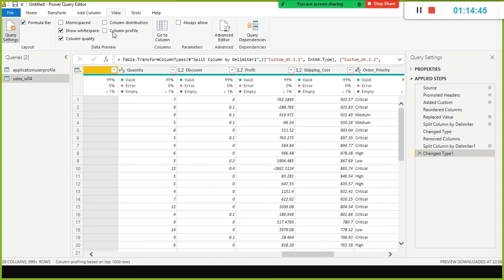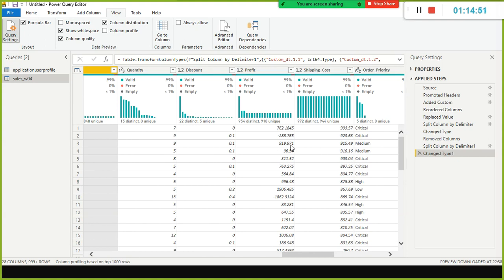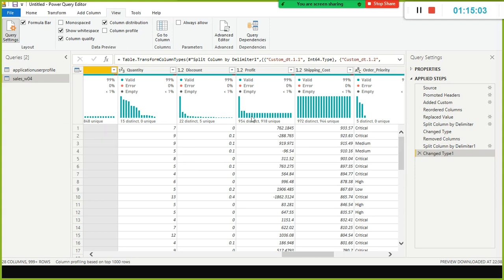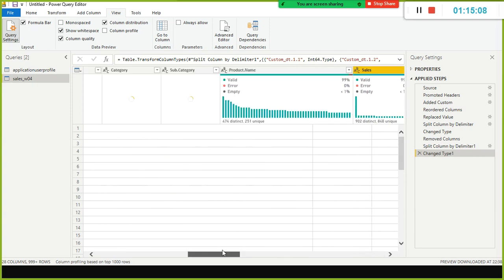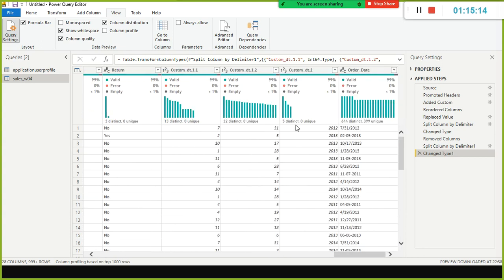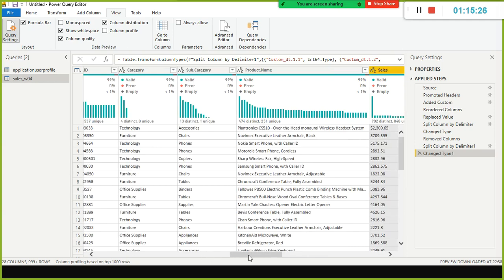Column profile. So this is the one, and then column distribution. The column distribution will help you understand how the data got distributed. Is this normally distributed? This is right skewed data. This is also right skewed data, and this is uniform distribution. And here we don't see anything. You can see the distribution pattern of the column: right skewed, left skewed, normal distribution are part of statistics, but they are giving everything here, and it also gives you how many distinct values are in this column. In the case of number data type, it is not much helpful.